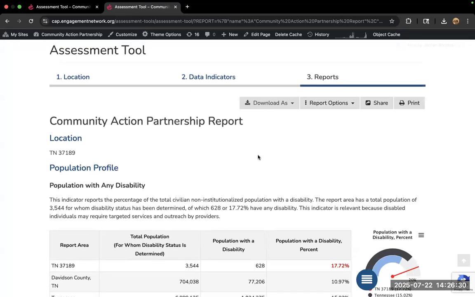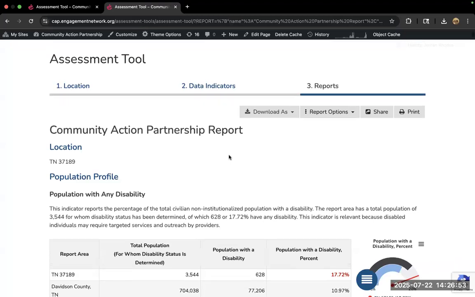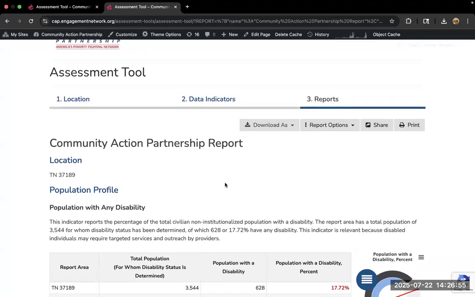So I saw our Kansas folks, our Tennessee folks, and our Massachusetts folks. CARES has a couple of other public-facing tools that are available for your state, and I can put those in the chat so you can explore those. And I know our Massachusetts tool in particular has a robust number of location selection options, and so we can chat about that.